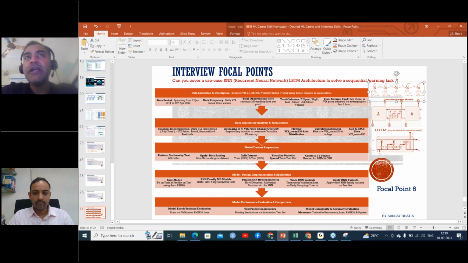So I brought that in for all the trading days, like 250 trading days of the year. I additionally included the open, high, low, close, adjusted close, and volume as additional features. And the first thing, in order to do the exploratory data analysis on this particular time series of VIX prices, which is the volatility index prices,